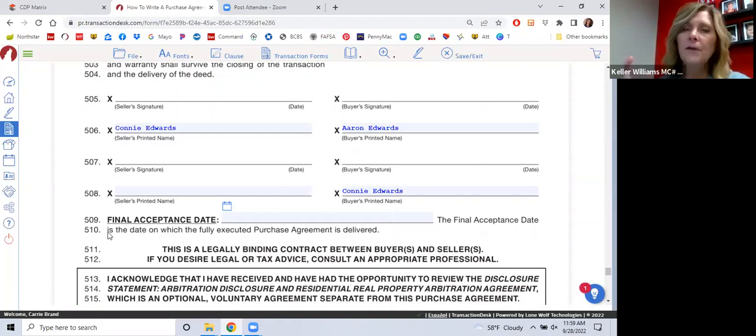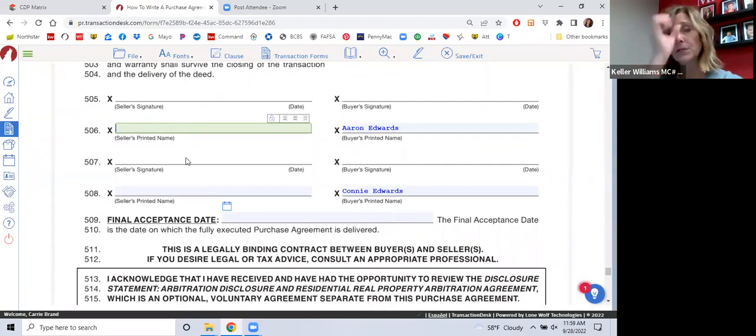So if I have a purchase agreement, oh, Connie is in the wrong spot here. Sorry, Connie. If I have a purchase agreement that, let's say Connie and Aaron don't do electronic signatures and I go to their place at 10 at night and we get things signed. And let's say these guys sign it the next morning. It can all be signed, but until this listing agent returns it to me via email, or I guess hand deliver would work too, until it's delivered, you do not have a fully executed purchase agreement